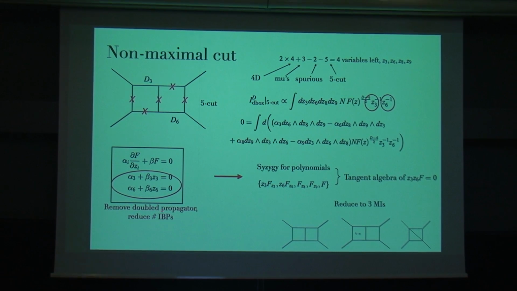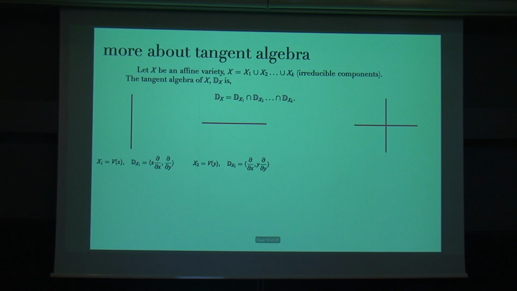Okay, so here you have a list of syzygy equations. The geometric meaning is to consider the tangent algebra of this surface defined by this Z3, this Z6, and the measure equals to 0. Of course, this means a reducible curve, or reducible surface. You can solve the tangent algebra by software, and you can get the reduction to the double box and also the slashed box. You release the 2 cuts to have more master integrals. But